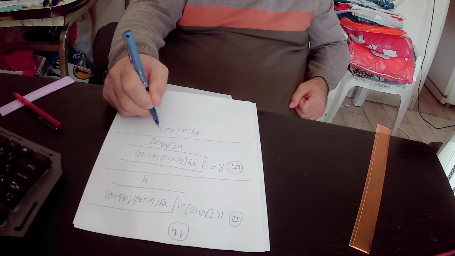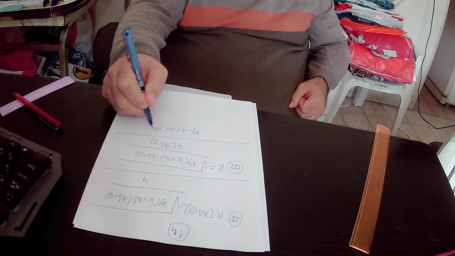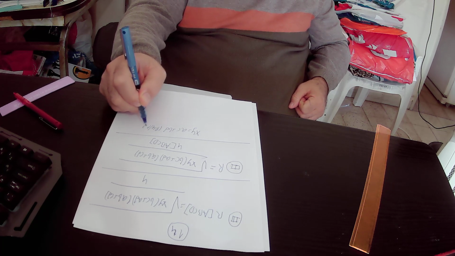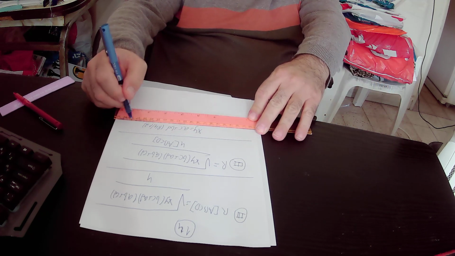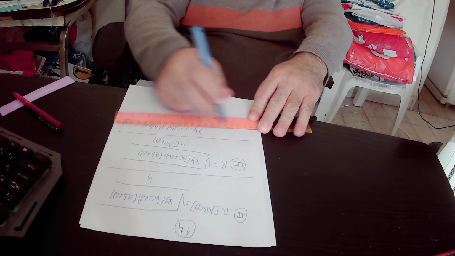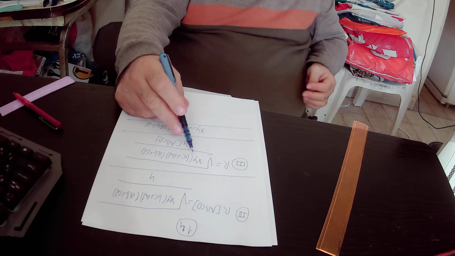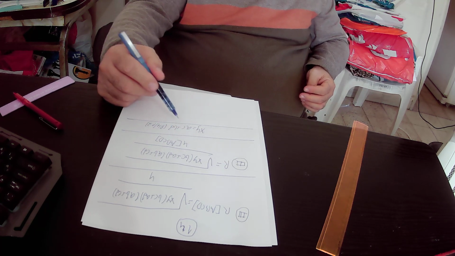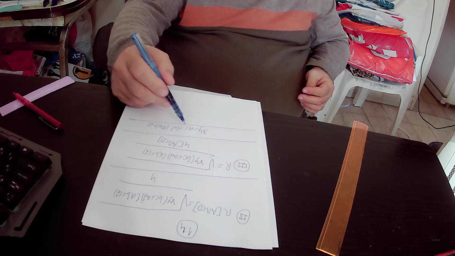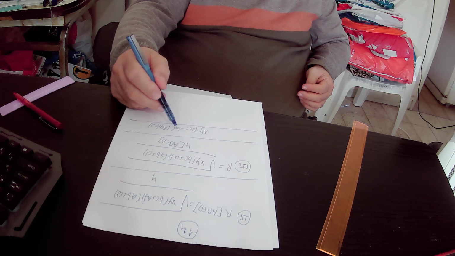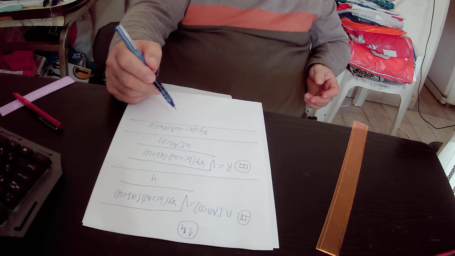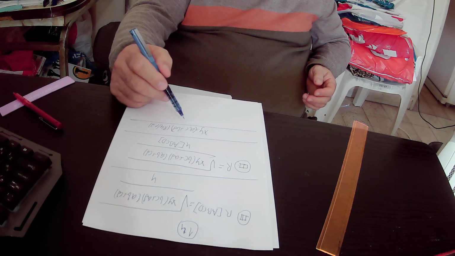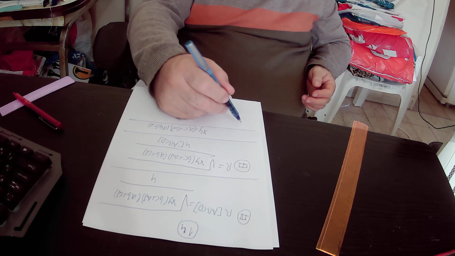This is true according to rule number 2. Therefore, we can substitute xy in equation number 3 by AC plus BD, because AC plus BD equals xy, and we will get that